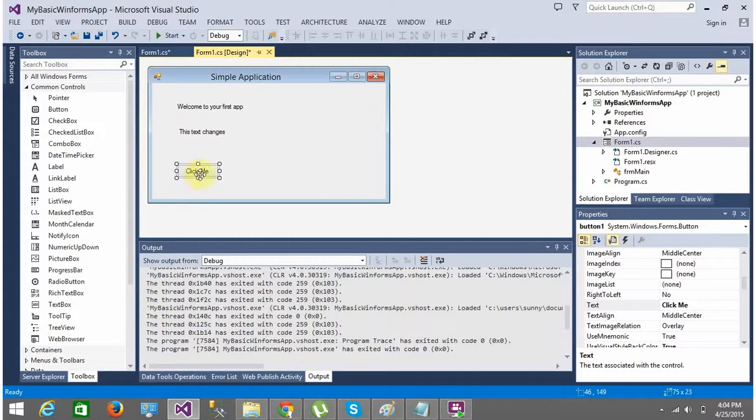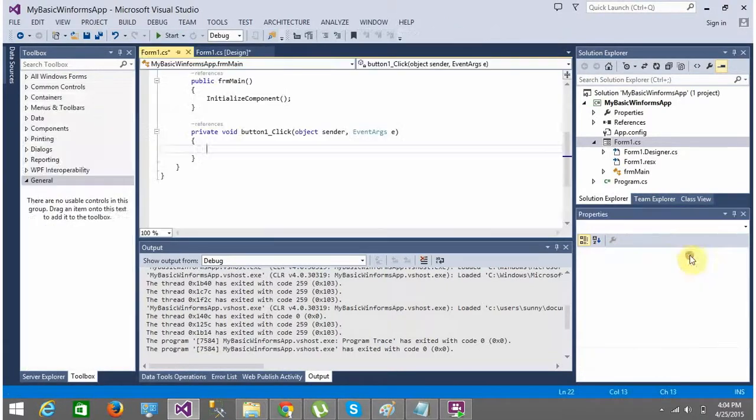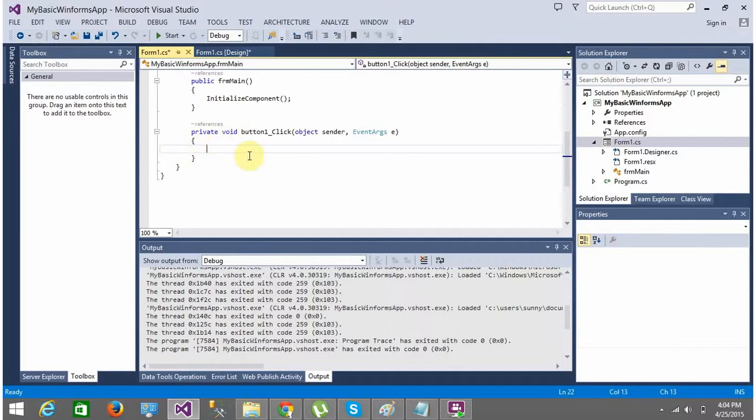So again, go to the button, go to properties, go to the events, button one click. What should happen on click? The name of the label, so say LBL. When I say LBL, all the labels are shown inside this IntelliSense pop-up. Here the label that I want to change is label hello message. What property of this label do I want to change? I want to change the text property of the label. What do I want to change the text property of the label to? I want to change it to hello world.